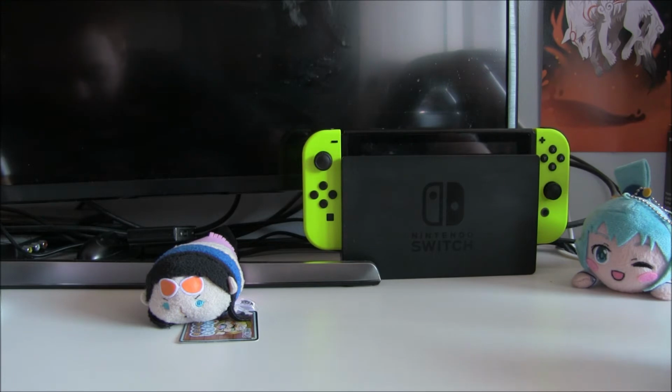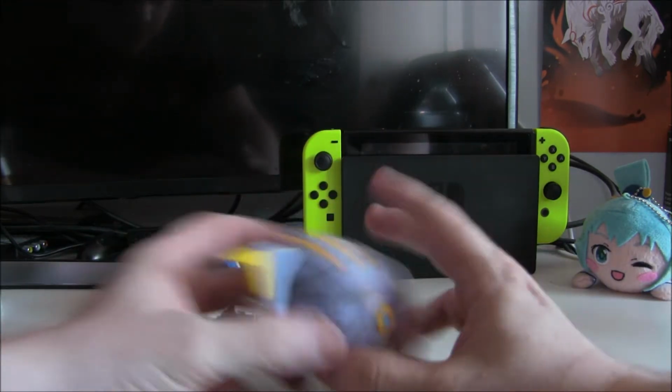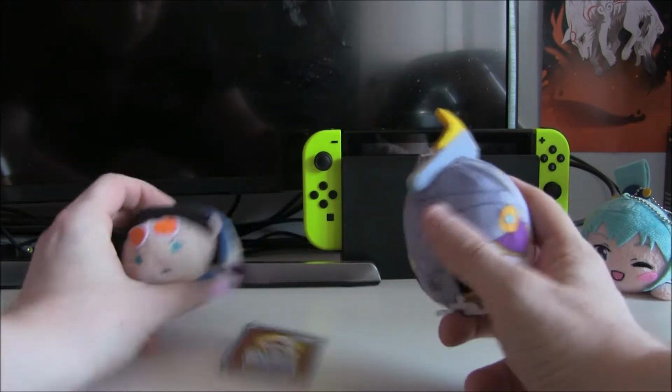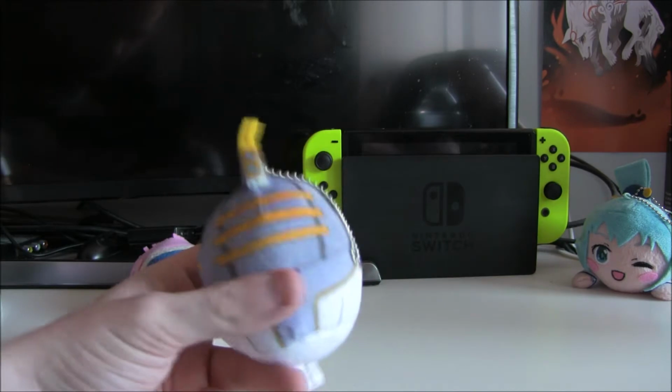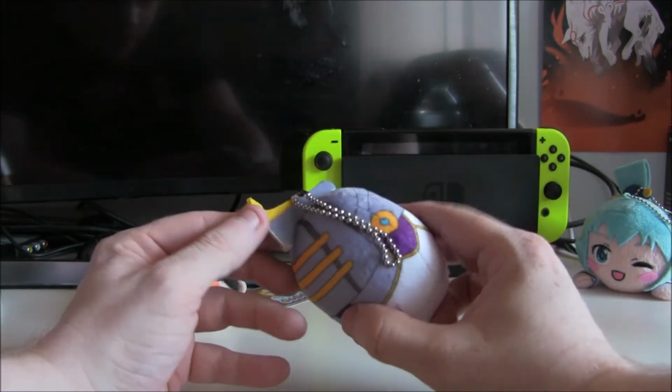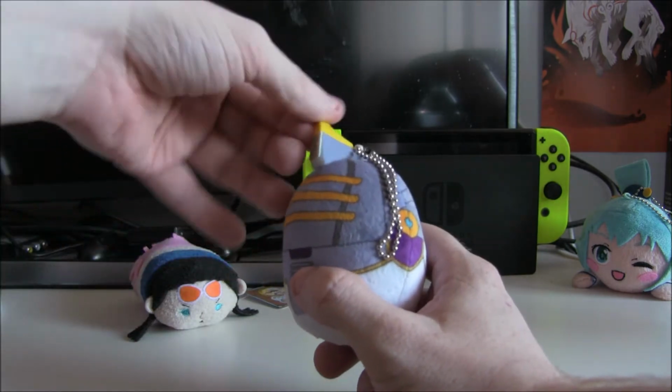Speaking of sums, I also found the King of Heroes in egg form. This isn't even a sum. This is small and squishy. This is just a ball. Yeah, this is Sky High from Tiger and Bunny, and this was 100 yen. His point's a little bit bent, but